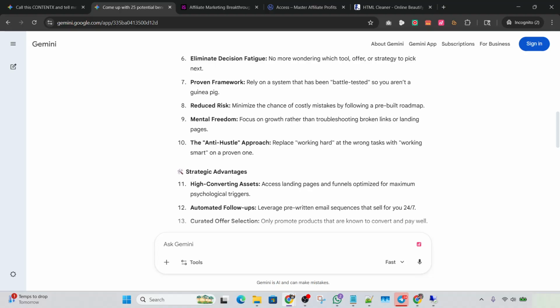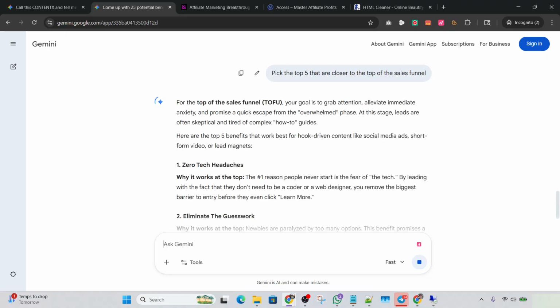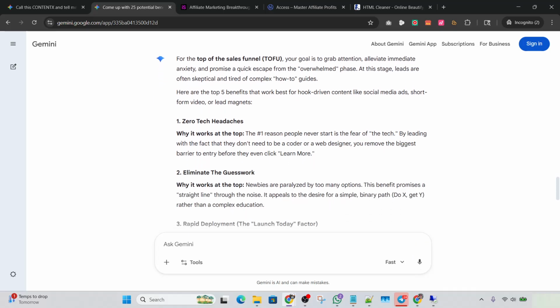But let's say that they are far away from that, and let's say that they are top of funnel. So I would say pick the top 5 that are closer to the top of the sales funnel. And it knows what it is. It's called tofu, and then the middle is mofu, and then bofu.